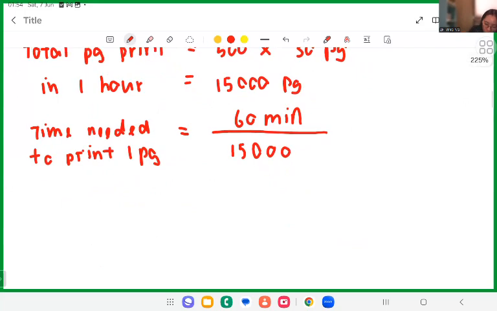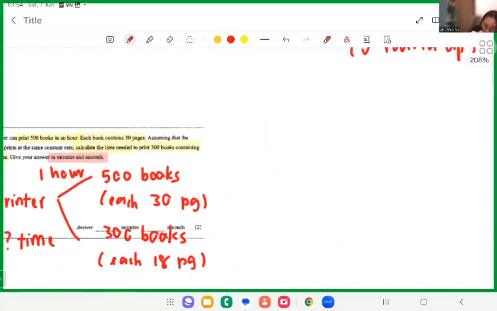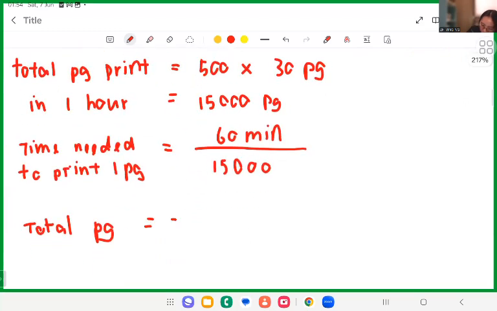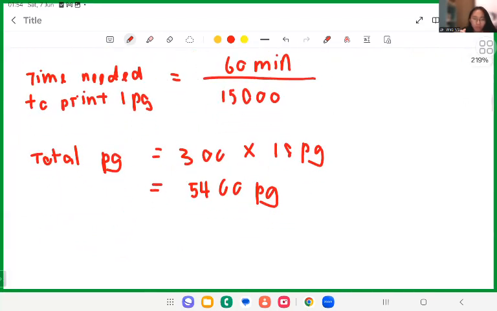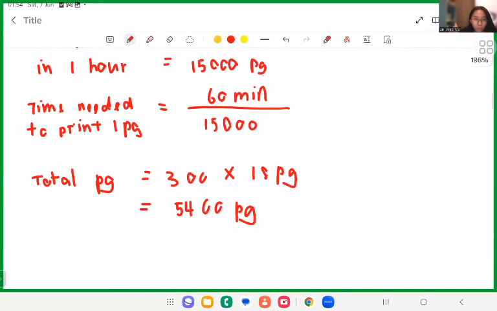Then we count the total pages that the printer needed to print these 300 books. We use 300 books times 18 pages. Then we will get the total pages is 5,400 pages. After we get these total pages to print 300 books and the time needed to print one page, we can